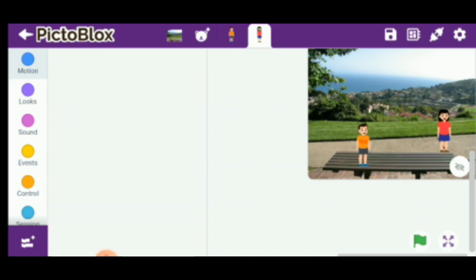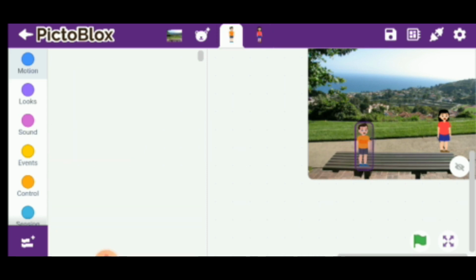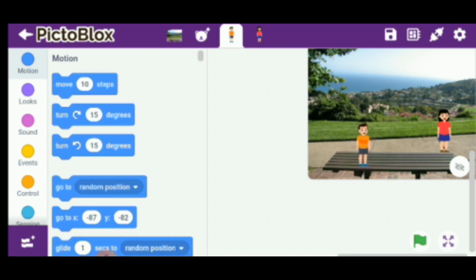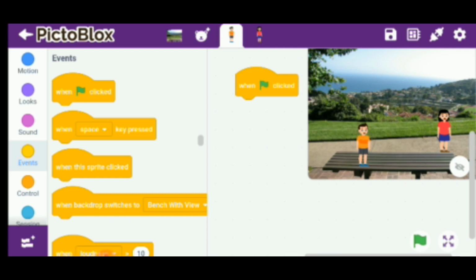Okay, now here we can add different types of code for both sprites. First of all, we have to click on the first sprite. So I will click on the first sprite, and here we are going to add different types of block. Let us see, click on the event tab, and here different types of events are given. Whichever you like, you can select. So I will select a green flag, and next I will select many different types of block.